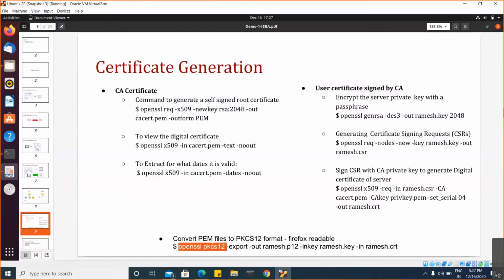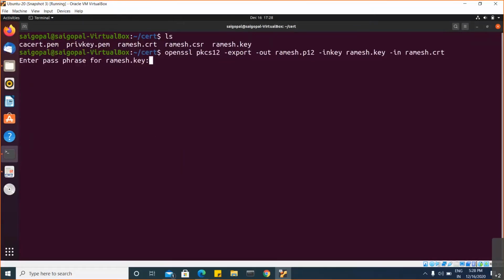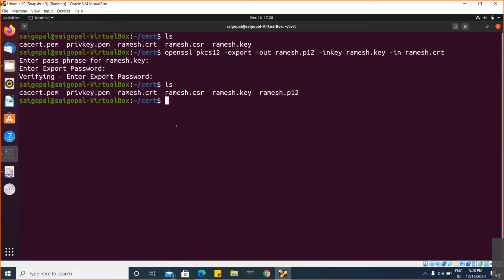So the following command will convert the certificate and the key into the PKCS12 format. Okay. So now if you observe here, we have generated a PKCS12 file, which contains the digital certificate of the user along with the private key.